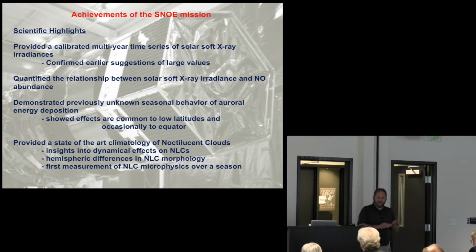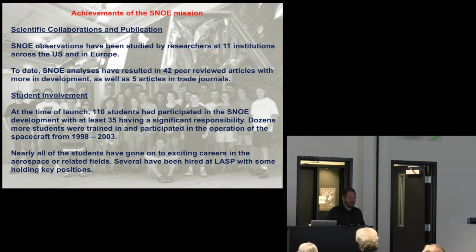We got a nearly 7-year database of nitric oxide that still today stands as the preeminent database for everybody to look at. We learned things about the magnetosphere by looking at nitric oxide, the geomagnetic energy that comes in and powers the atmosphere. And also, I think Amy's here somewhere, did a lot with polar mesospheric clouds, much like SME did before that.